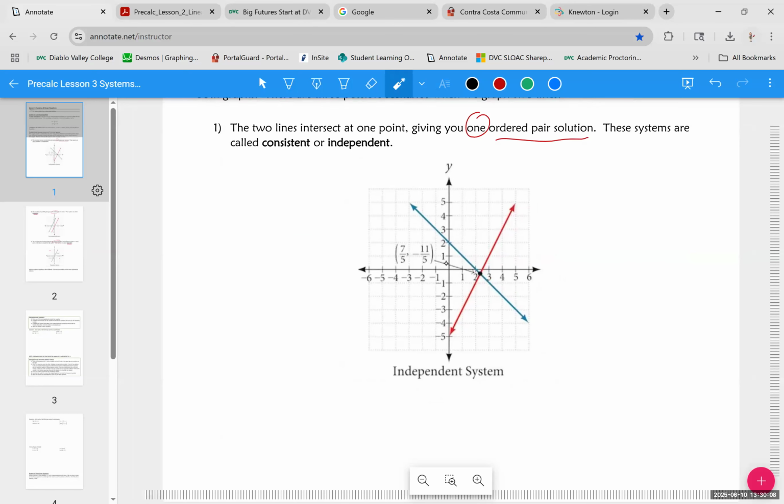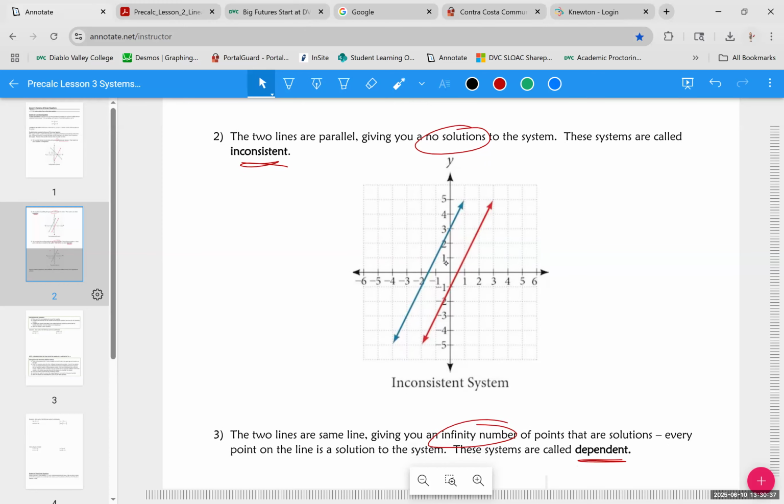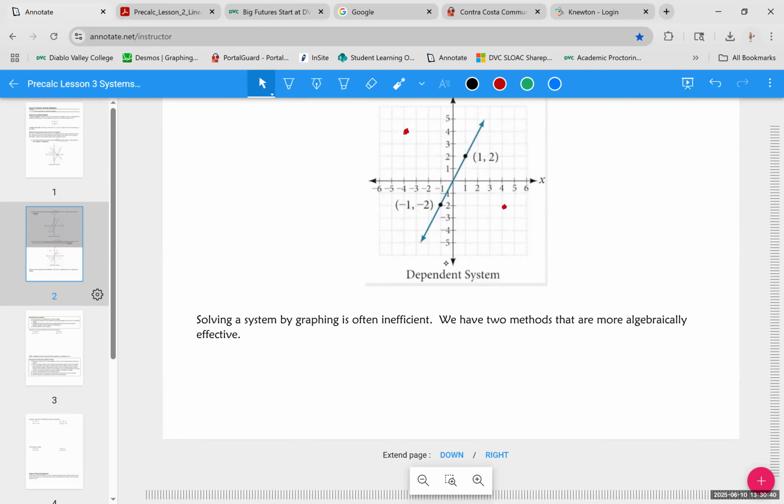So solving a system by graphing the two lines is usually only very productive if your solution lands right on a corner, whole number x and y. But fractions are very often part of our solutions. So in general, I don't really expect or even think it's a great idea to solve by graphing as the method you're going to use, but it is a great way to understand what is happening when you solve algebraically. So we are going to talk about the two different ways